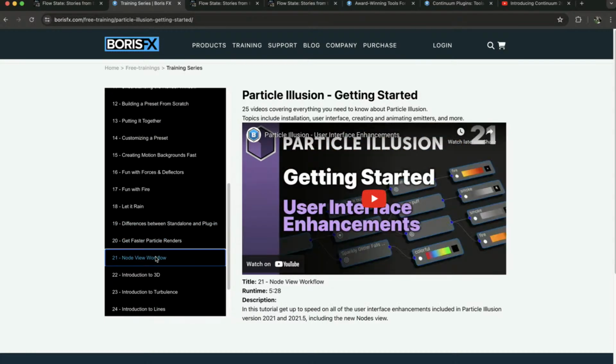Yeah, exercise 21 right there, the node view workflow. That's probably the most important one to see, because this breaks down exactly how all of the Particle Illusion interface is now structured. And once you get that under your belt, that's when you have a look at presets. And it really is just taking a look and seeing what some of those presets do. And once you've dipped your toe in a little bit, you can then start from the top and work your way down